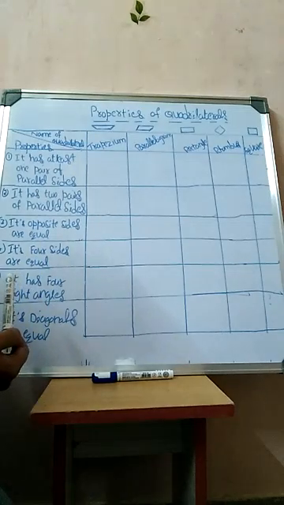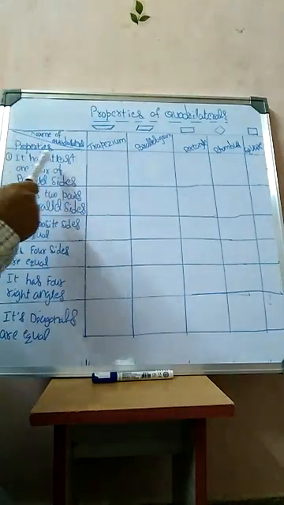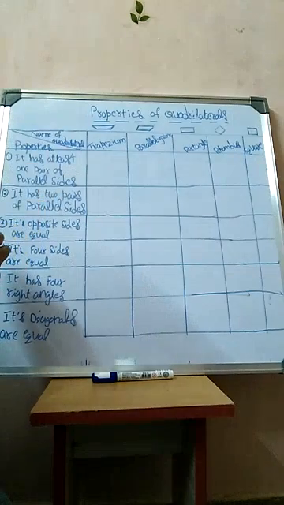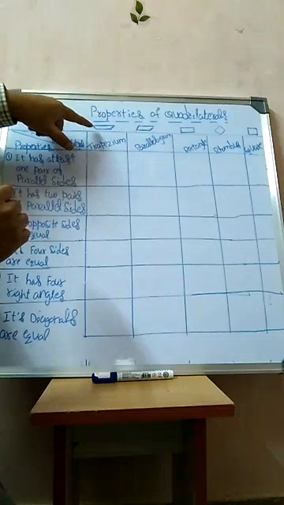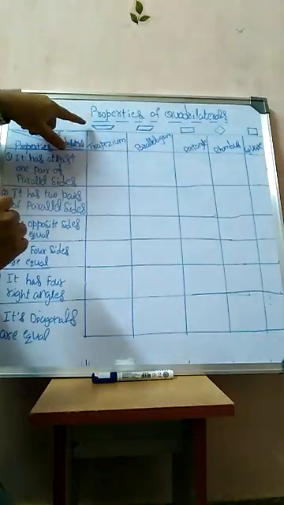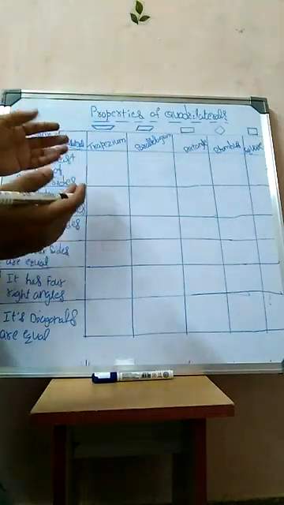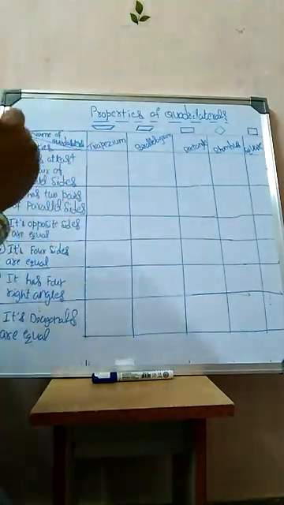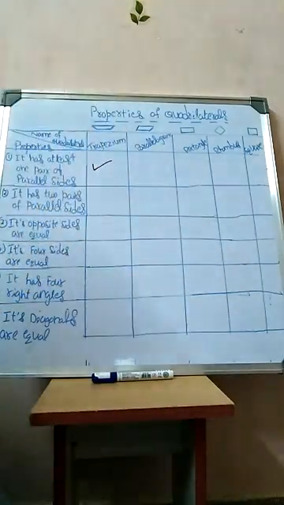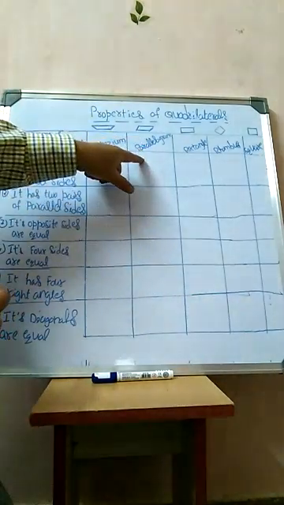And we will see what property will suit different quadrilaterals. That means special quadrilaterals. The first one, it has at least one pair of parallel sides. See, in trapezium, clearly one pair it has. This trapezium has one pair of parallel sides. Look, these two are parallel. That's why, according to the definition of trapezium, if a quadrilateral has one pair of parallel sides, then it is a trapezium. So clearly trapezium satisfies this property. So tick that one. And next, parallelogram.